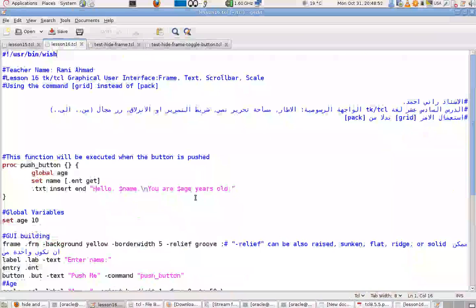This is lesson 16 in TCL programming. It's about the graphical user interface. We're talking today about frame, text, scroll bar, and the scale. First of all, what's the